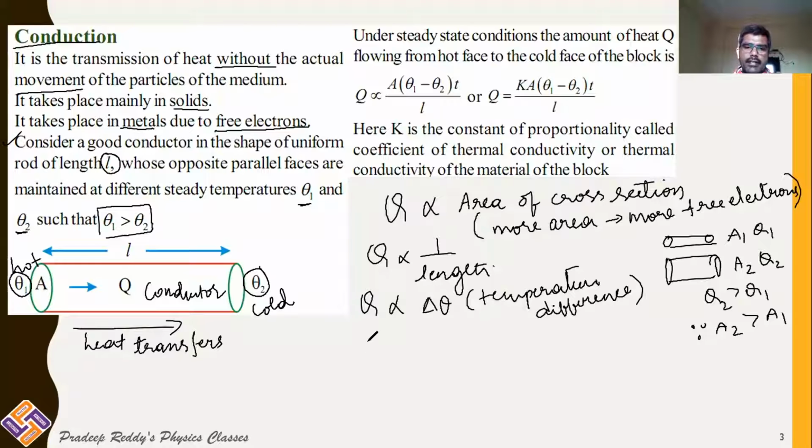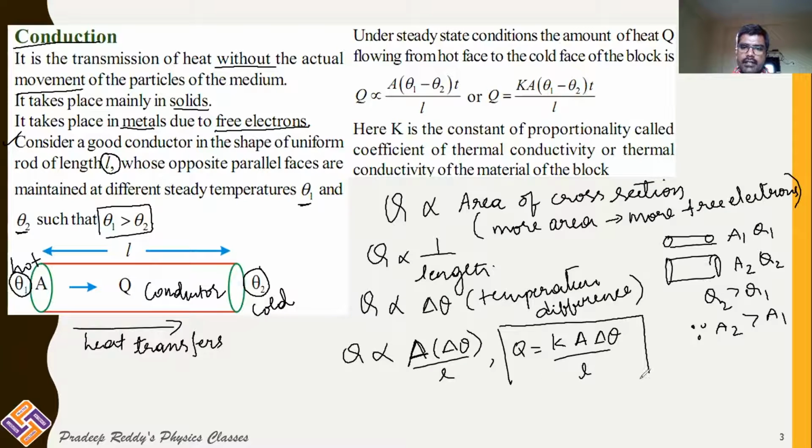So I can simply write Q proportional to A into delta theta divided by L. And if I remove this proportionality, I should include a constant. So Q will be equal to K A delta theta divided by length L, where this